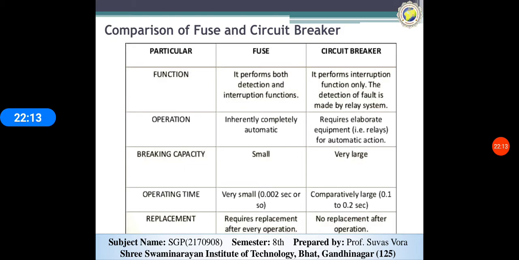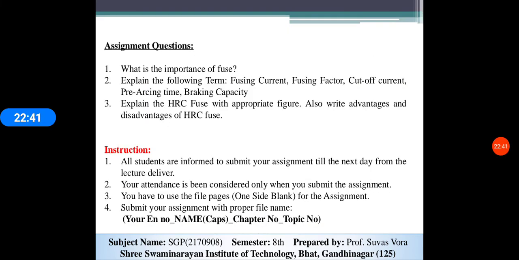In further chapters we will study the circuit breaker. When the circuit breaker operates, an arc is generated and disconnects our system. After that we can reclose the circuit breaker. The circuit breaker can be reused in power systems to protect against overcurrent and in other protection systems. So today we studied the fuse.